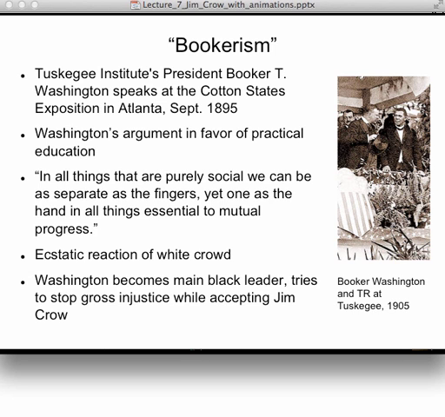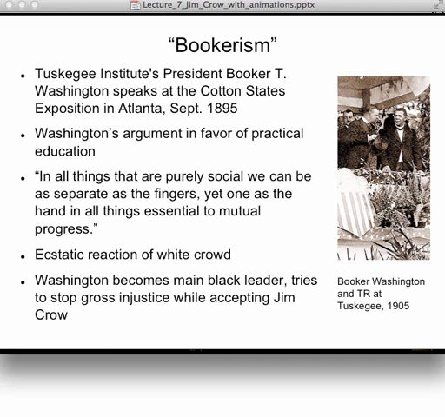in the late 1890s, especially after a really famous speech he gave here in Georgia at a gathering called the Cotton States Exposition in Atlanta in September of 1895. And you'll have this speech. Actually, all groups will read an excerpt from this speech, so I don't want to go into too great detail.